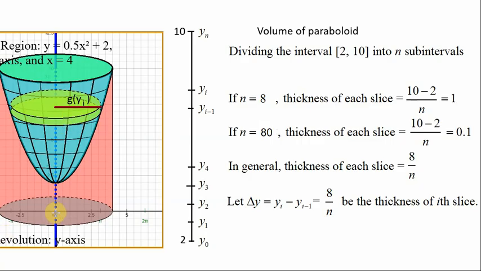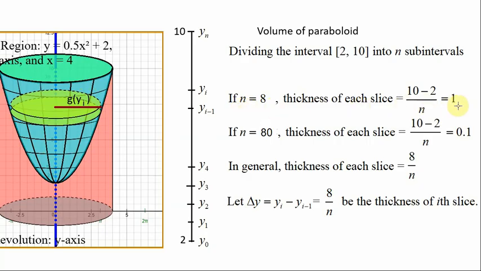Now the distance from the x-axis up to the bottom of this ith disk will be y sub i minus 1. And the distance from the x-axis up to the top of the disk would be y sub i. And so the thickness of the ith disk will be y sub i minus y sub i minus 1. If we divide this paraboloid right here into 8 disks or 8 slices, then the thickness of each slice